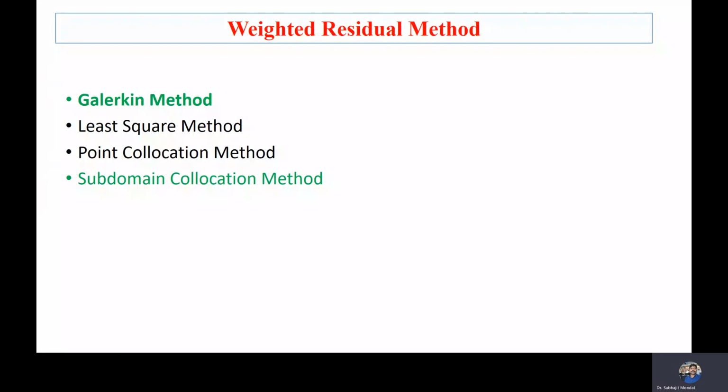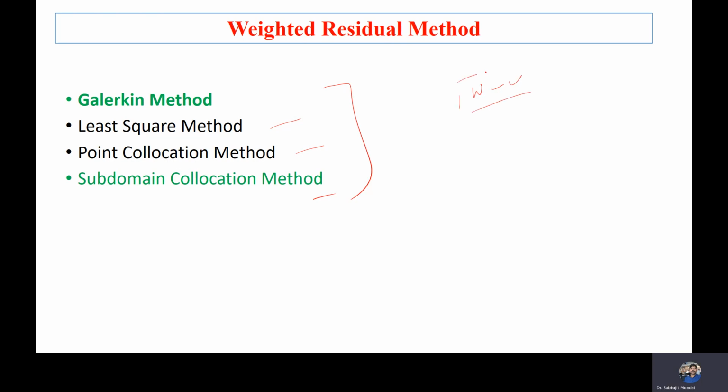of the Galerkin weighted residual technique. So we know that we have mainly four types of weighted residual method: the Galerkin weighted residual method, least square method, point collocation method, and subdomain method, also known as subdomain collocation method. In the Galerkin weighted residual method, we assume that the weight function is the same as our trial